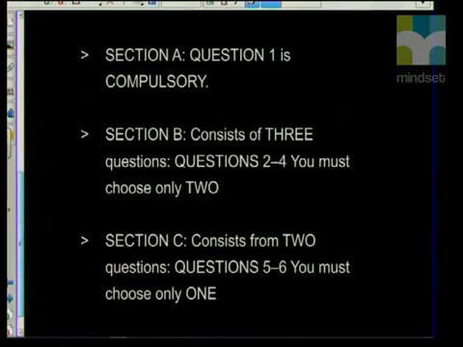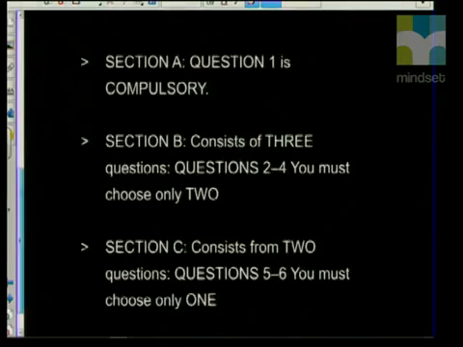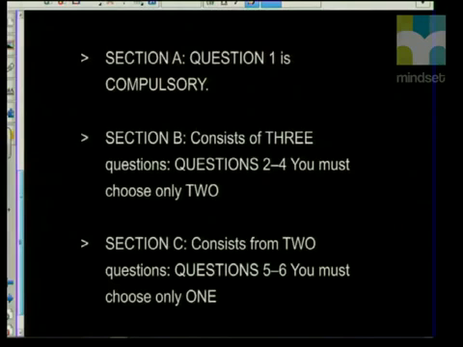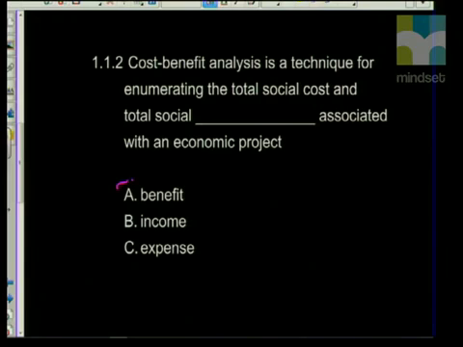Section A is a compulsory section, and it consists of 3 questions. Section B consists of 3 questions again. Of these 3 questions, you only have to answer 2. And then section C will consist of 2 questions, and you